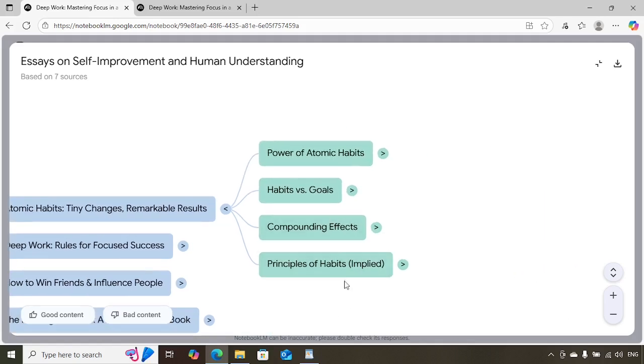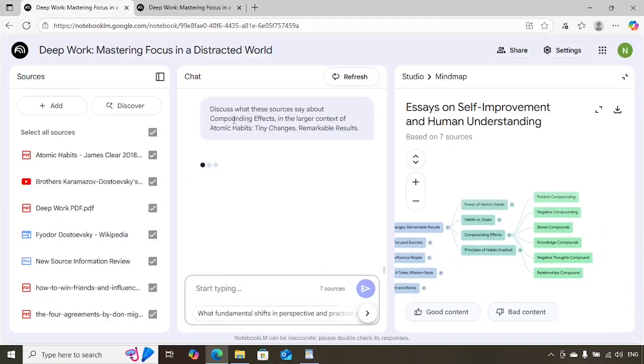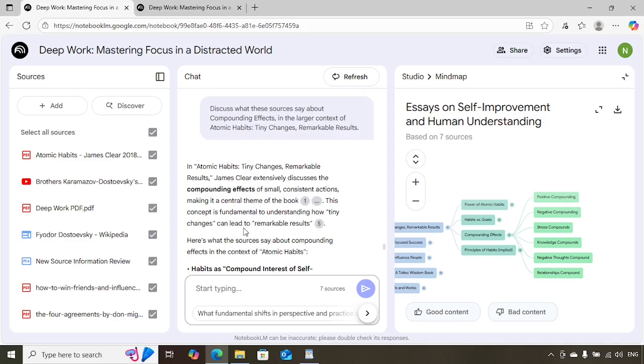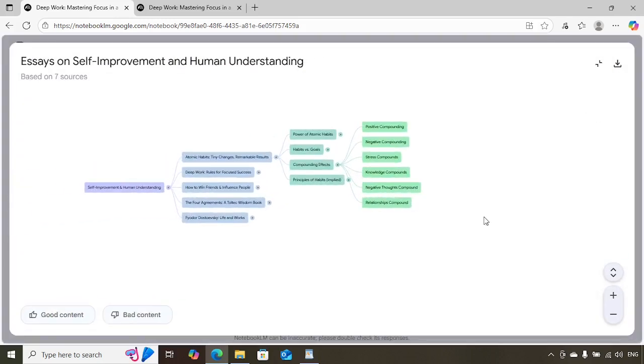So you are interested to learn about compounding effects. So click on it and it is going to generate all information about compounding effects here. So you can go through all the details here and make a note of it. At any point in time, if you want to go to the next one, all you need to do is click on these 2 arrows here and maximize it, expand the node,